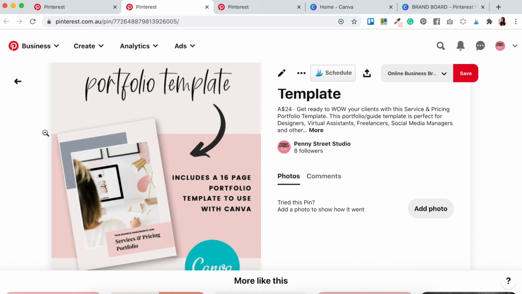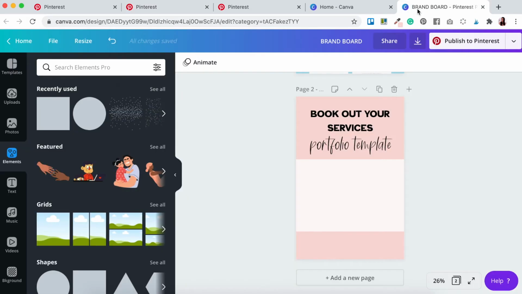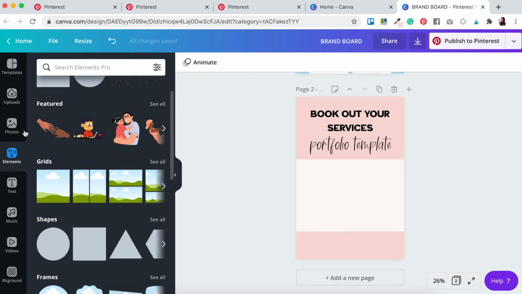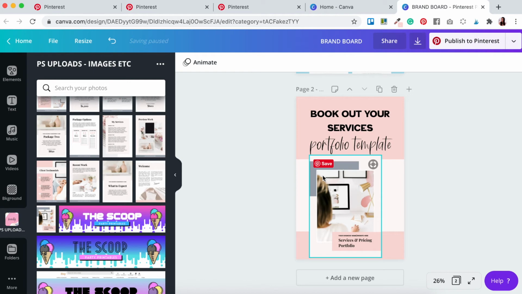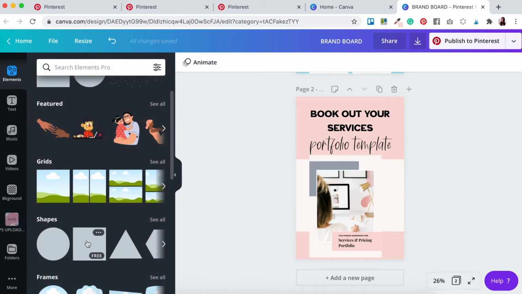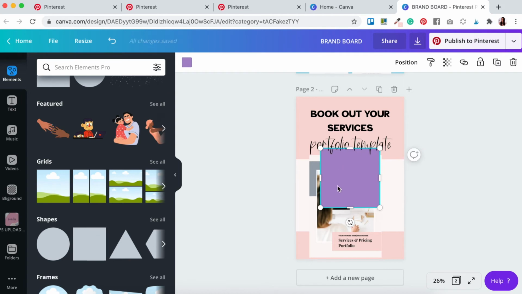So all you have to do is go back to Canva. In order to do that, all you need to do is upload your image into the template. So I'll just go ahead and do that now. Okay, and then what you want to do is go to Elements. You want to click on here, Shapes, and you kind of want to trace the shape like so,